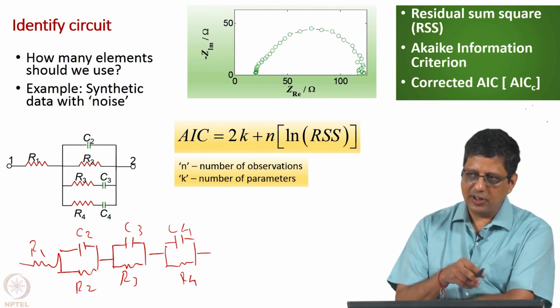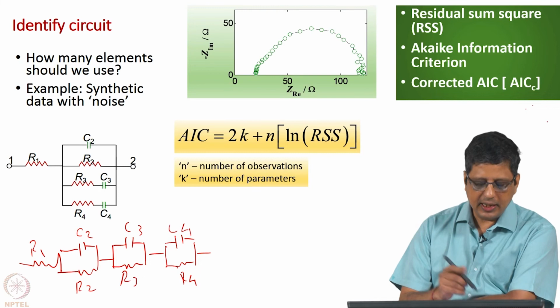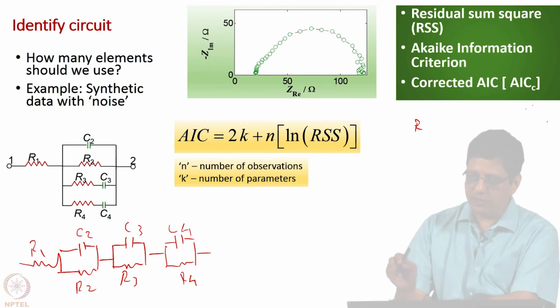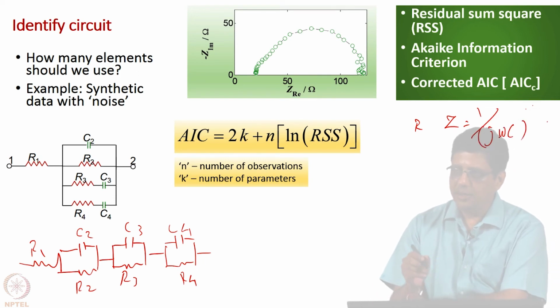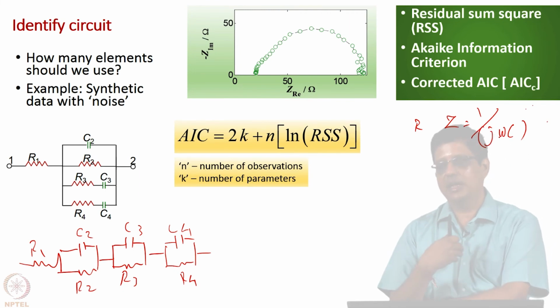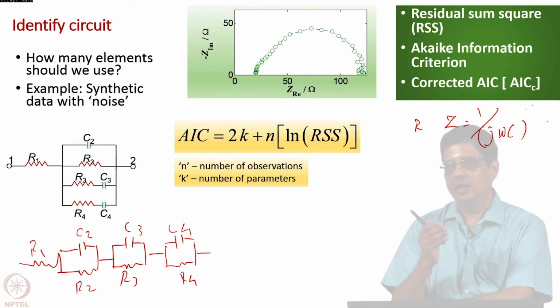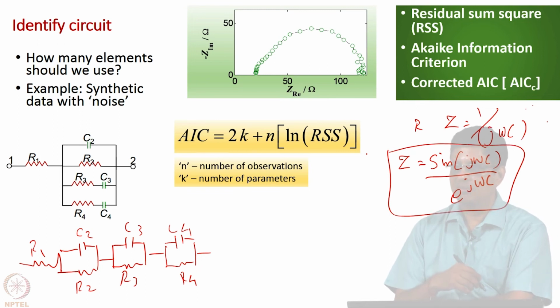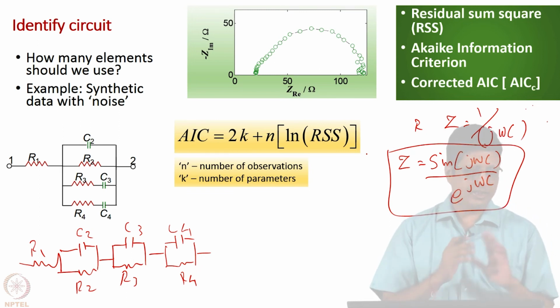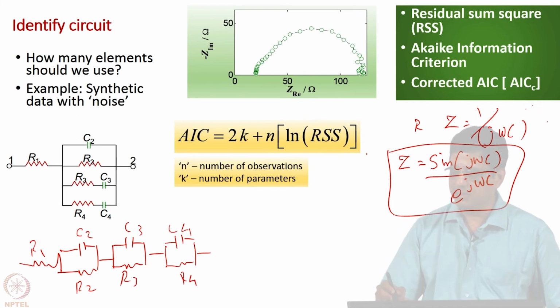Some software also give you flexibility to add your own element, meaning here R is a resistor. So, at all frequencies it is going to have one value. C is a capacitor for which the impedance is given by this. You can also say I will come up with a new element, I have some understanding of this phenomenon, where the impedance is given by this. I am just making up this story. This is a new element, physically I can justify this, this is the impedance.